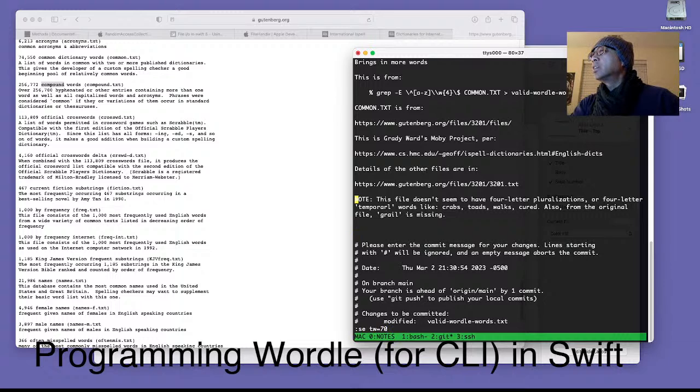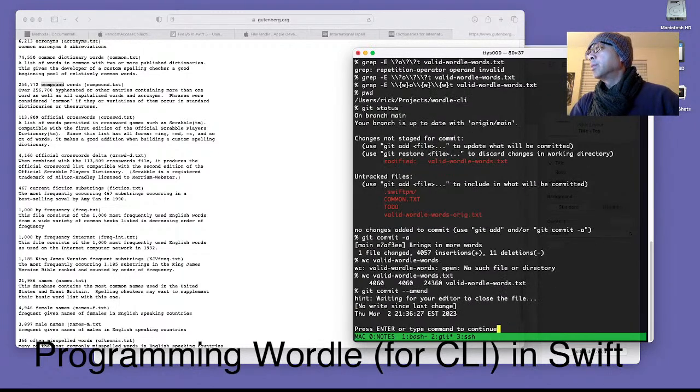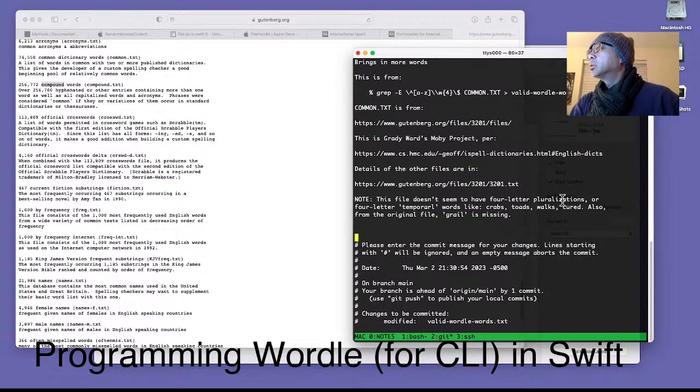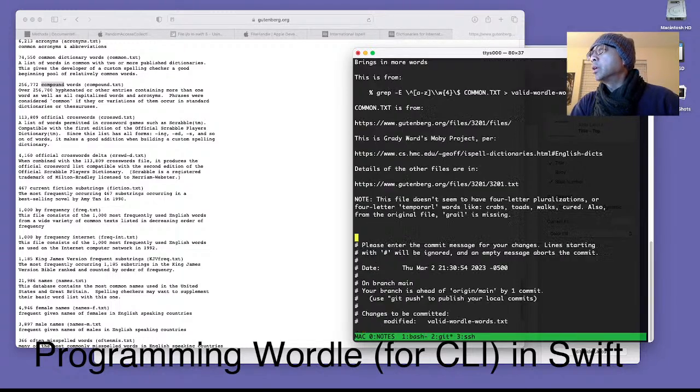Set TW70 is just to set the line width, so we can quickly get the line width to be 70 characters. So what am I doing here for time? Yeah, so we're very close to getting this in. I just want to be sure I got it, so 14 walks is not in, toads is not in, grail, cured, crabs, yeah, but it has audio and aroma, so